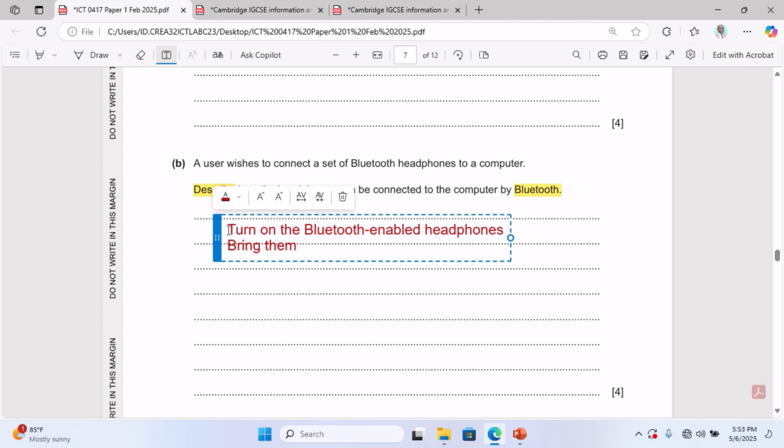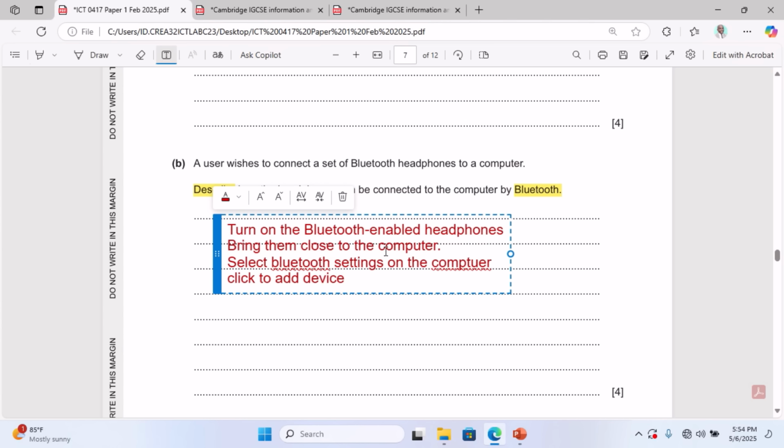So bring them close to the computer. Okay, and then you can say select Bluetooth settings on the computer. Why do you need to do that? So that you can click to add device,